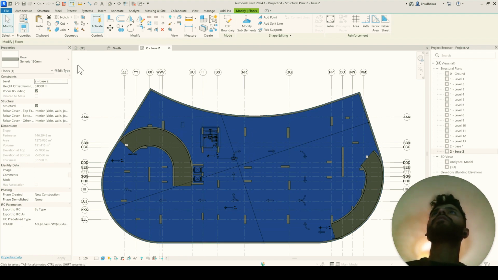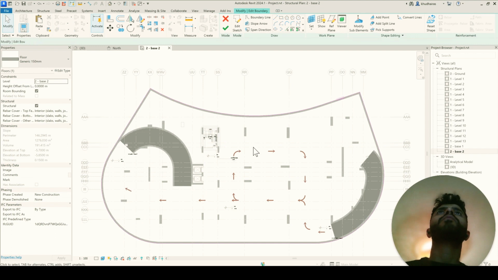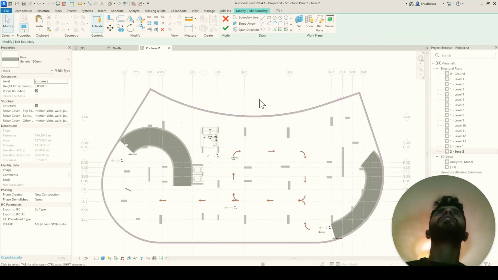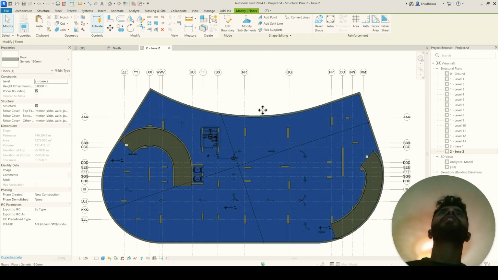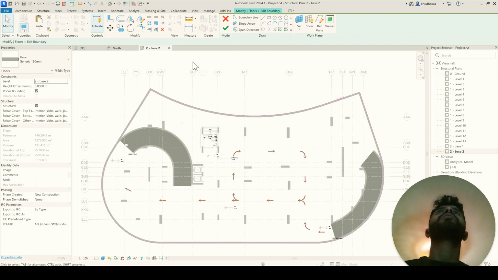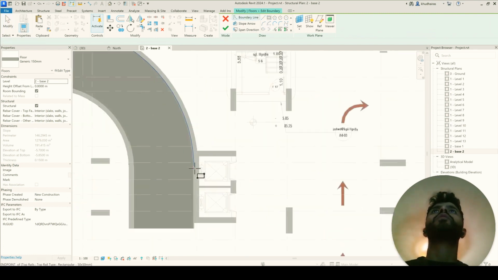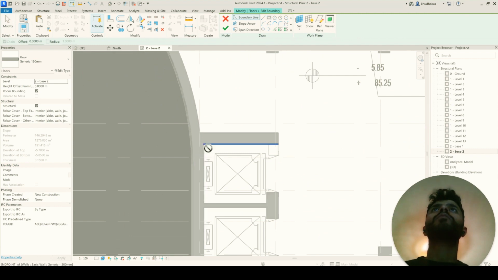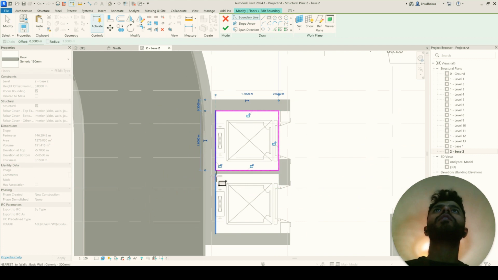If we can't select it, you can select element by face, and as we see, double click on that one and we get to the edit mode. If you can't do this, if you just select that, you have Edit Boundary. So Edit Boundary or double click will give you the same thing. Then we need to show the opening. The opening will be from here to here. That's for the shaft.